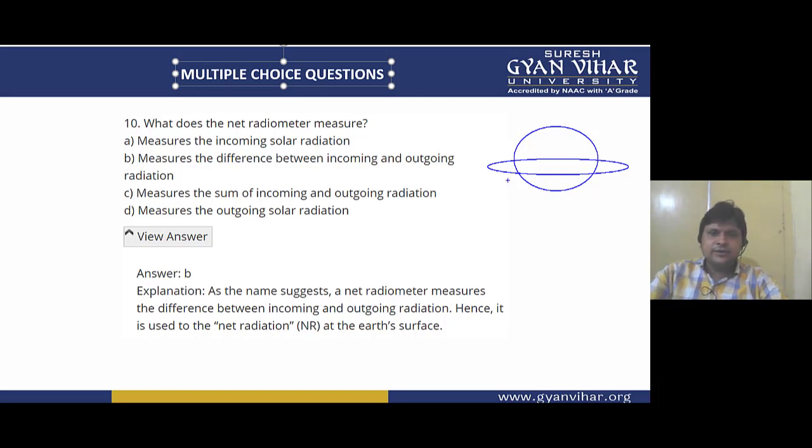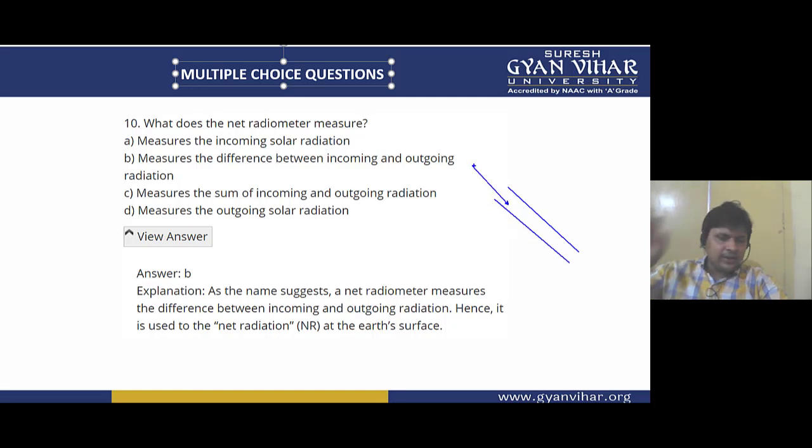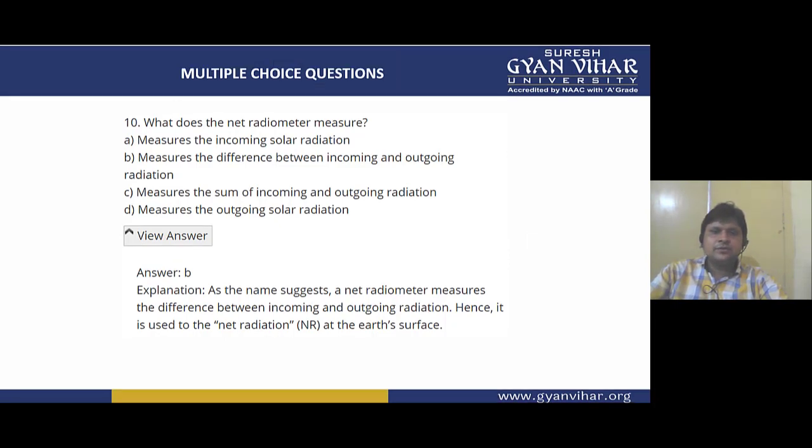Then we came across the pyrheliometer. What was the system in the pyrheliometer? It was very similar to a telescope. It resembled a telescope, in fact, and it looked something like this. Only direct radiation entered; there was no passage for diffuse radiation. Its aperture area, from where the radiation entered, was made small so that only direct radiation could be admitted. So this was all we discussed today.